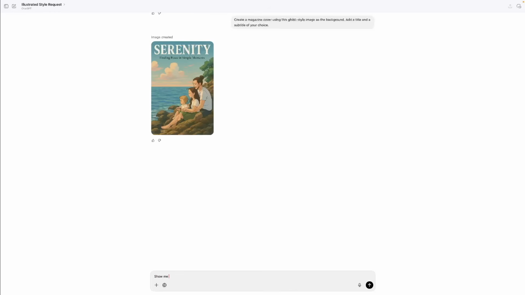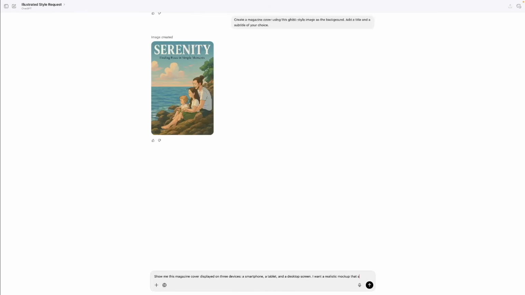Show me this magazine cover displayed on 3 devices: a smartphone, a tablet, and a desktop screen. I want a realistic mock-up